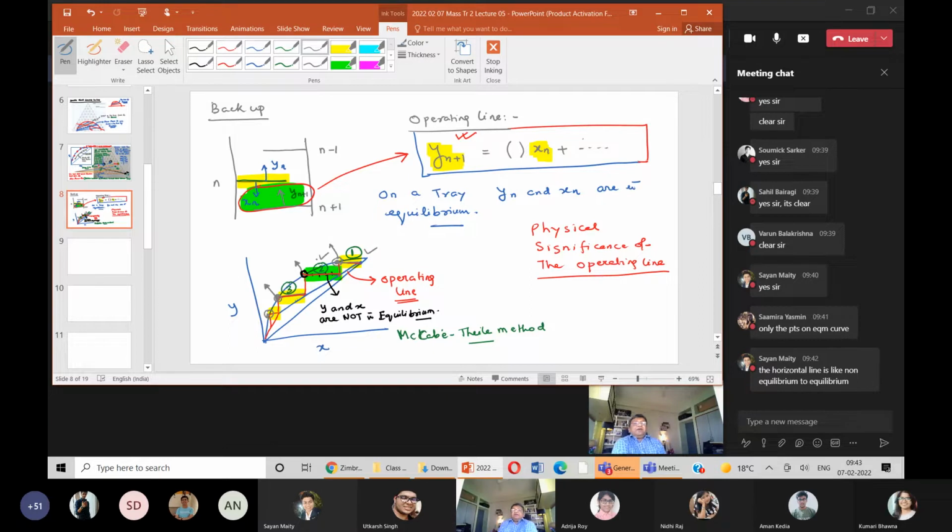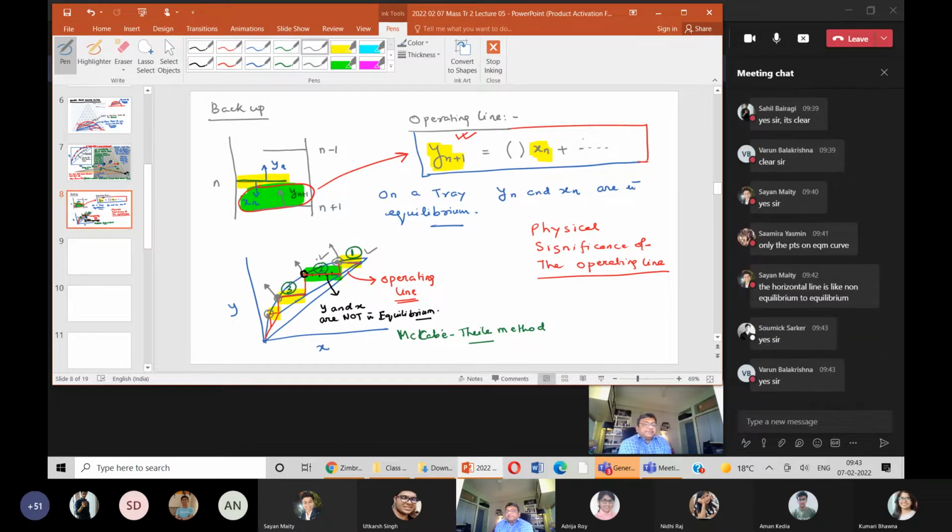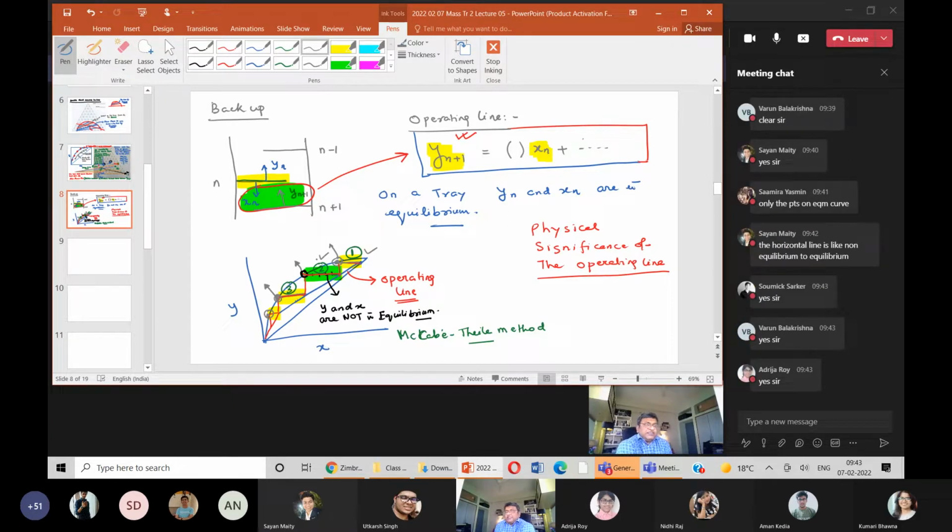Or is it heavy? Are you not understanding? So Shomik, Varun, is it clear? If you understand things, you realize that, okay, yeah, it's an equilibrium stage. And my whole horizontal line does not represent equilibrium. It is only where the horizontal line intersects the equilibrium point, that is where equilibrium is there, and therefore only that is actually the stage. Padrija, is it clear? Crystal clear?